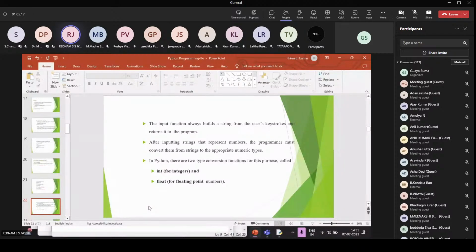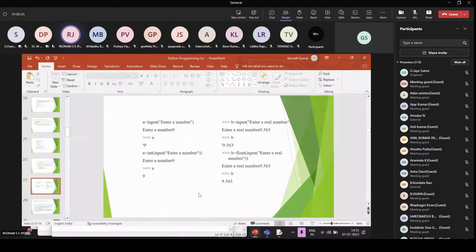You need to convert that string to an integer or floating point value. In Python there are two type conversion functions for this purpose: int for integers and float for floating point numbers. So for the input enter a number, if I enter 9, it is displayed like this as a string type.